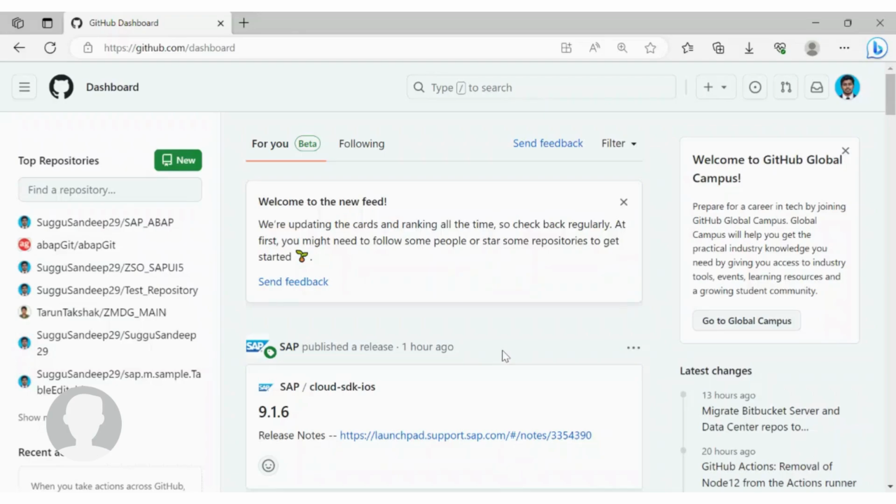Create a GitHub repository. Once you log into the GitHub account, you will find the green button over here, New. Once you click on New,